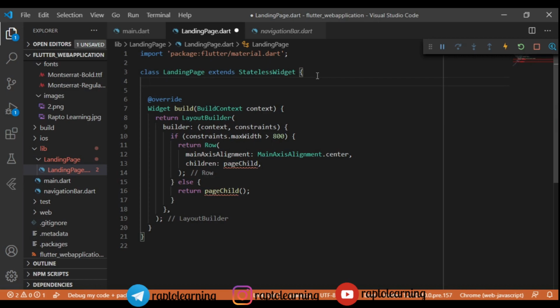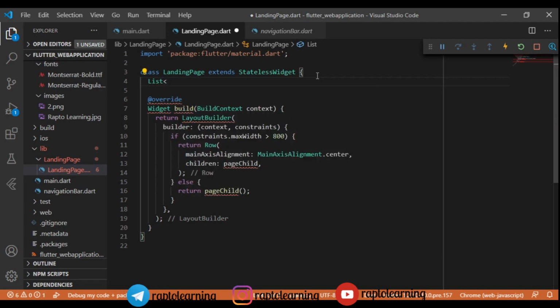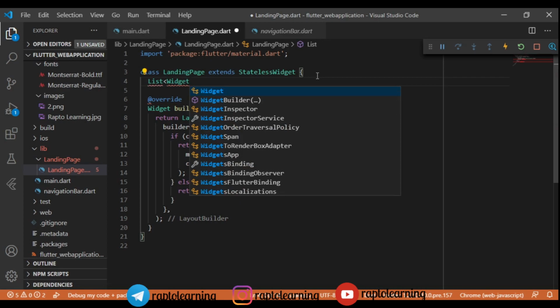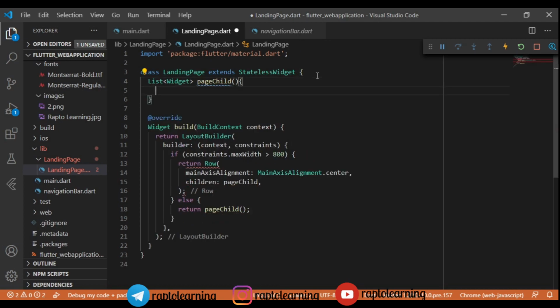So let's create a function. So let's create a list, basically, not a function. So let's create a list of widgets, right? This will be a list of widgets that will return probably the text and the image, right? So we will name it pageChild.